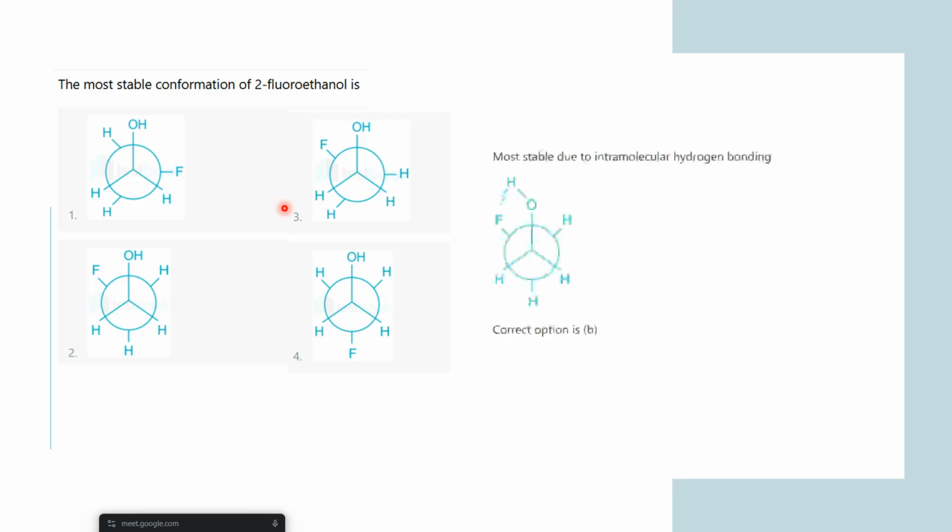So if you look at option 2 and 3, conventionally we would have chosen option 4 because this is showing both the substituents in anti fashion, okay, but